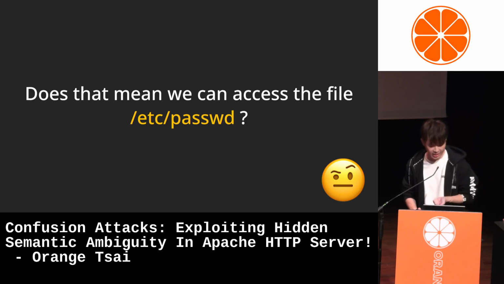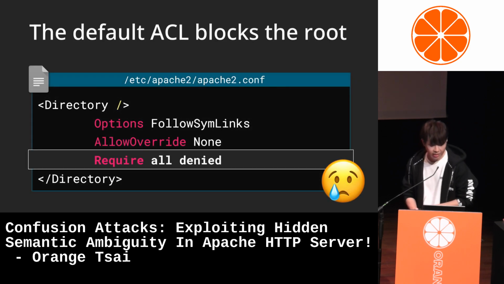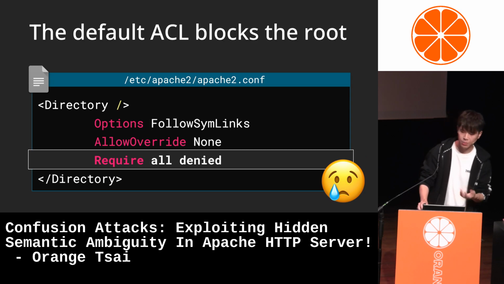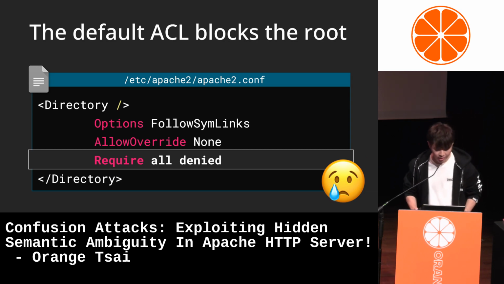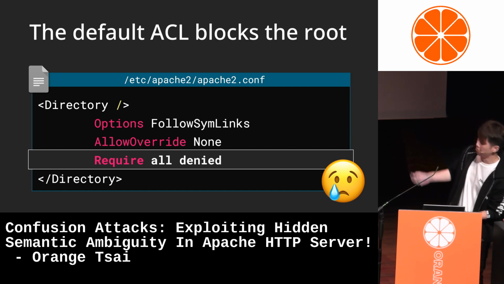The answer is yes, but not entirely. Technically, the server indeed accesses the password file, but the Apache HTTP server's built-in access control blocks our access. You can see the default configuration is deny all.